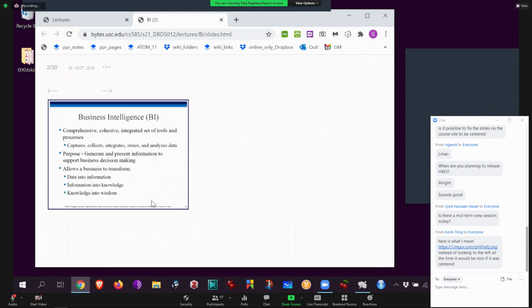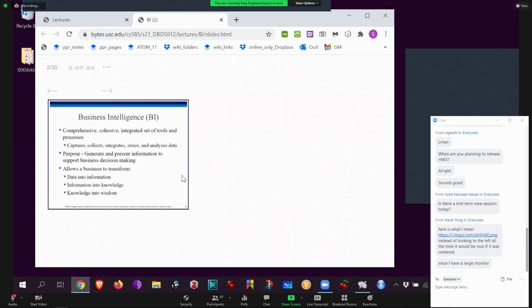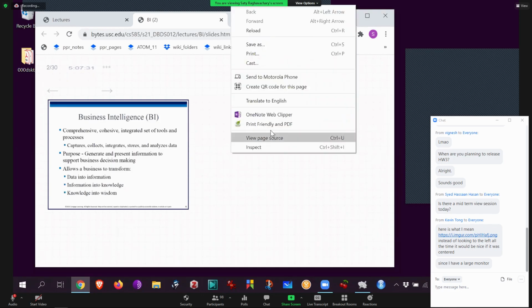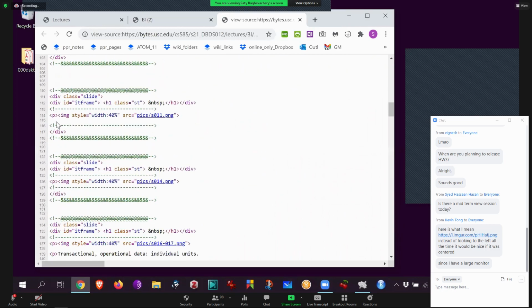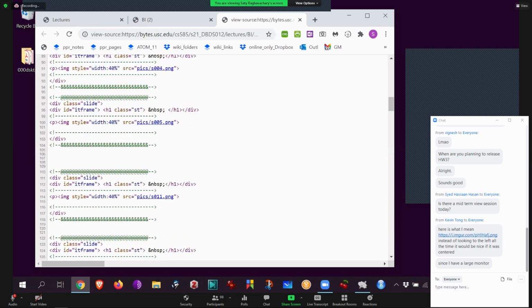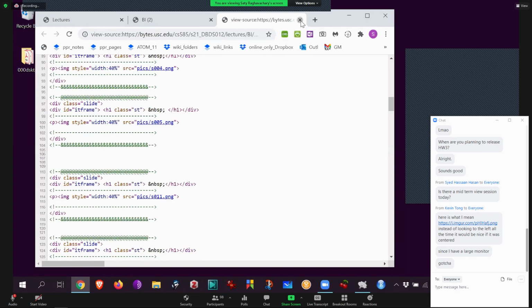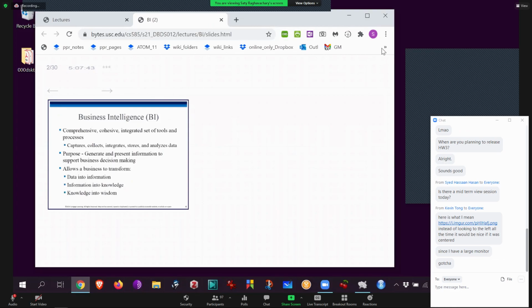Example there. Yeah, I'll see what I can do. There's a reason why I line it all to the left, but maybe we can have it centered. It's actually an easy thing. I'll do it afterwards. We'll try it for a few more classes and see what happens. See, right there, all of that can easily be centered. So we can try it, since you have a large monitor. But for now we're going to go with this.